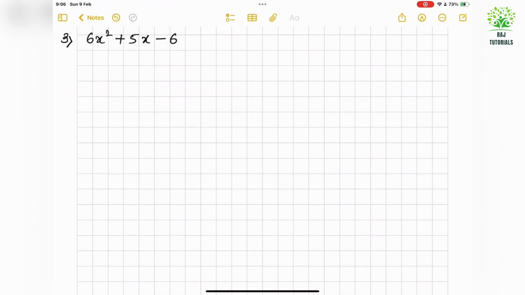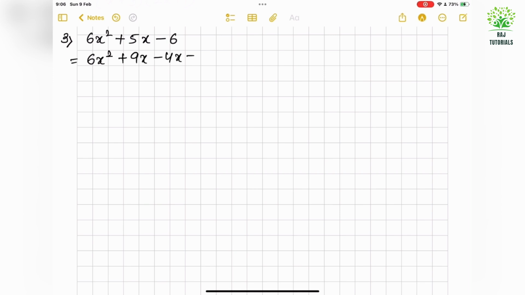Third one says 6x square plus 5x minus 6. Now if I multiply a and c, that is 6 into minus 6, so it is minus 36. So I have to find factors of minus 36 whose sum comes as 5. So I know that 9 fours are 36, so I can say 6x square plus 9x minus 4x minus